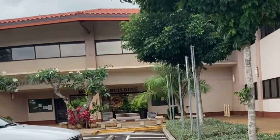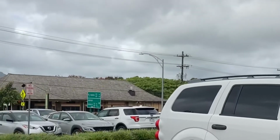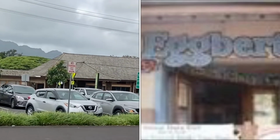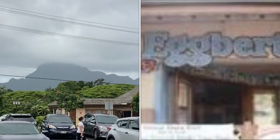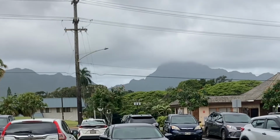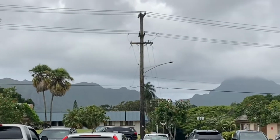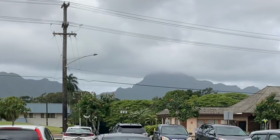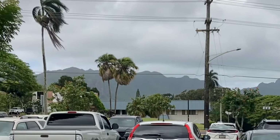Let's take a look at some of the places in the vicinity. This is where the old Egberts used to be, across the street here. And in the background, we see Nani Haupu Mountain over there, yep, in the distance, covered in clouds. Not the pig clouds,